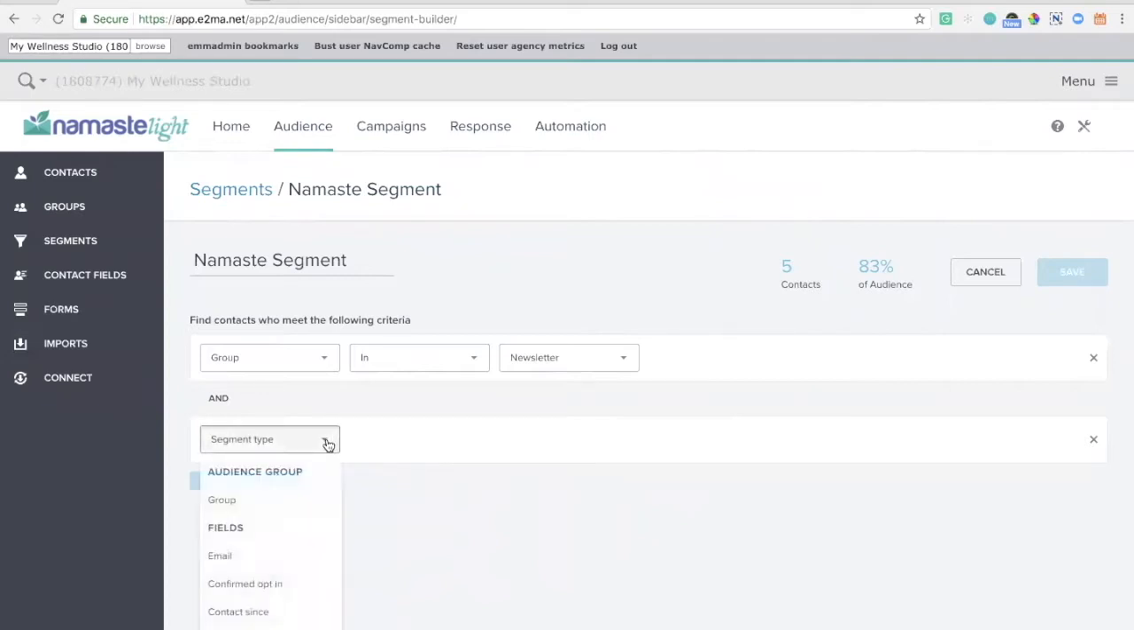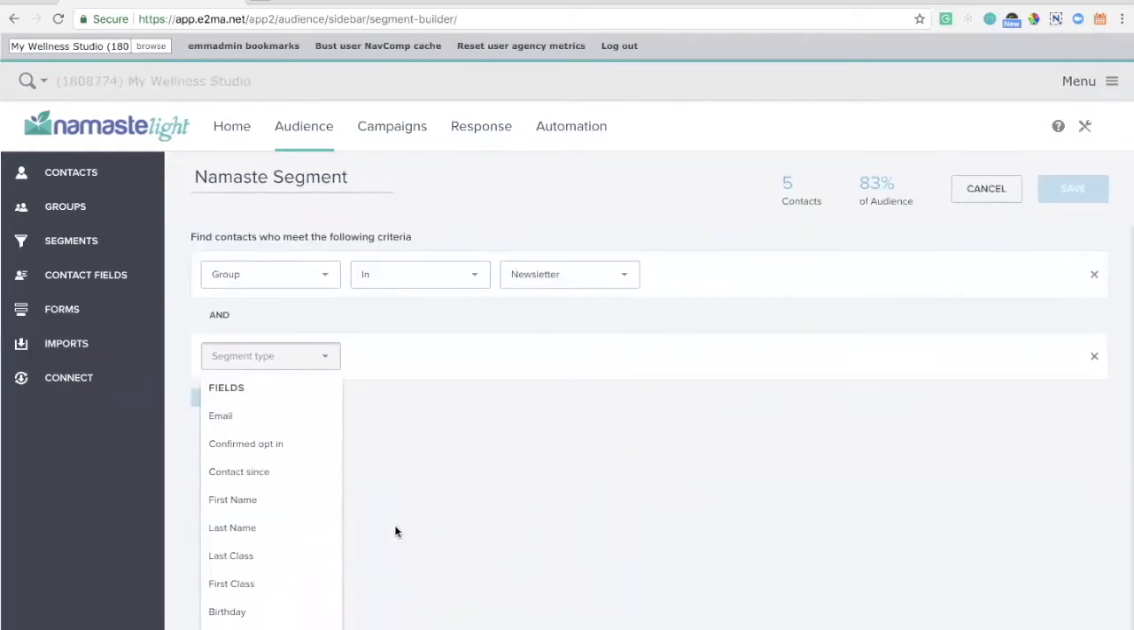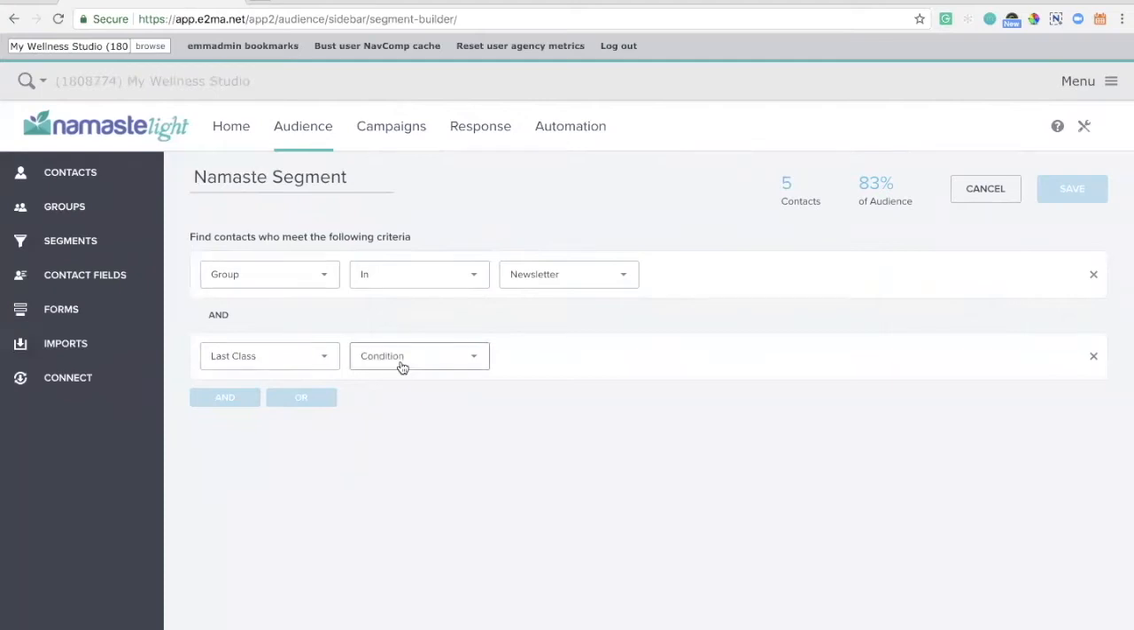So let's say we wanted to add in a piece of contact information here. It's really cool because we can segment by any contact information. So we can say first name, last class, first class, birthday. If we wanted to say everyone whose last class... And because this is a date picker, we have options such as is before, after, in the last, not in the last, in the next. So we can say if their last class